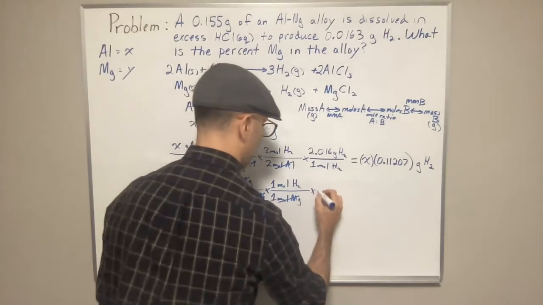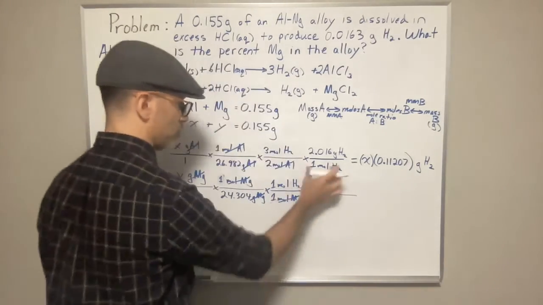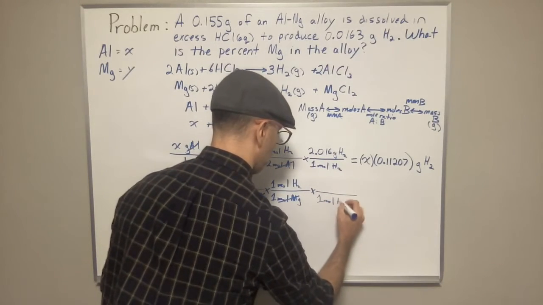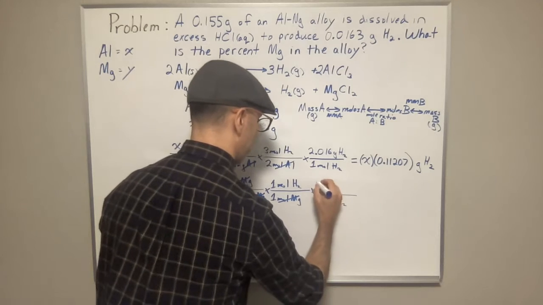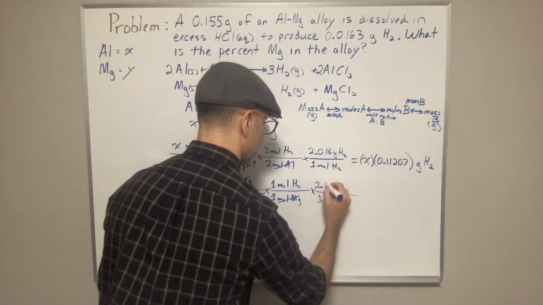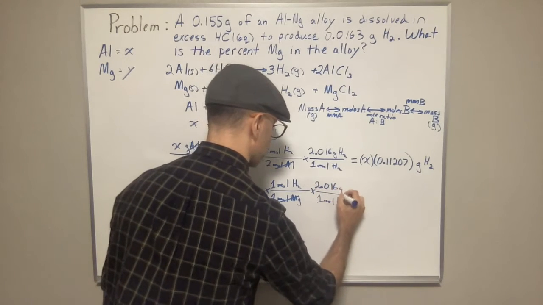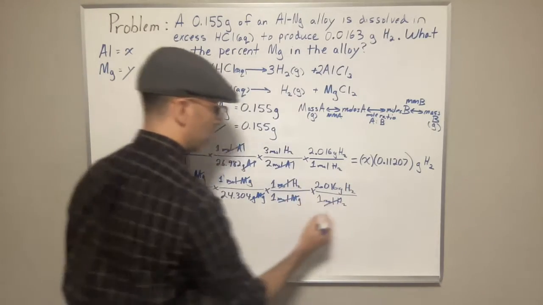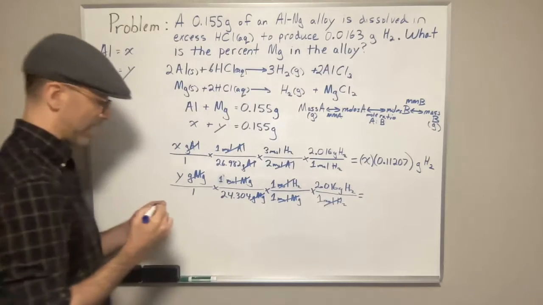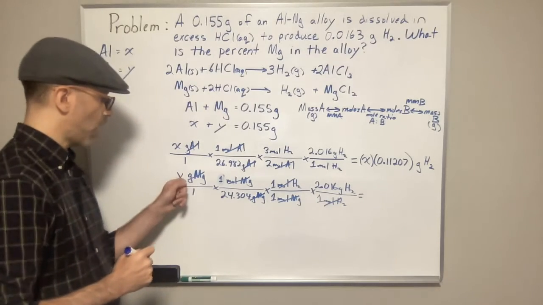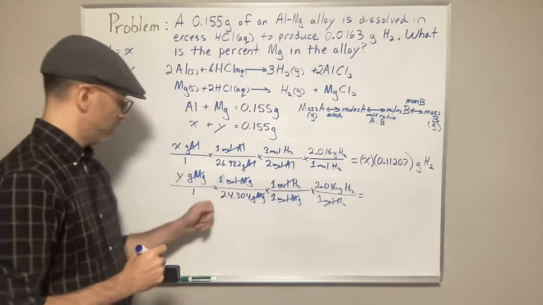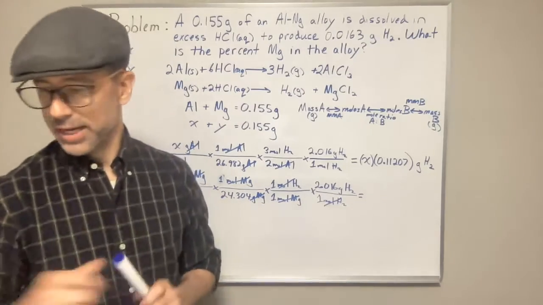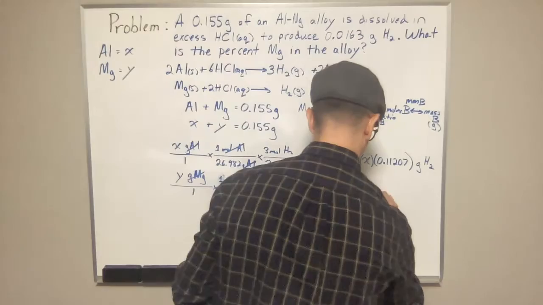And then I multiply by the molar mass of H2. Same thing here, so 1 mole of H2, and then on the top, 2.016 grams of H2. Moles of H2 cancel out. And now I do the exact same thing. I multiply Y across and I divide by what's on the bottom. And when I do that, I get Y